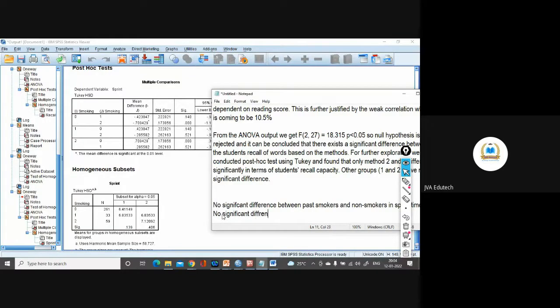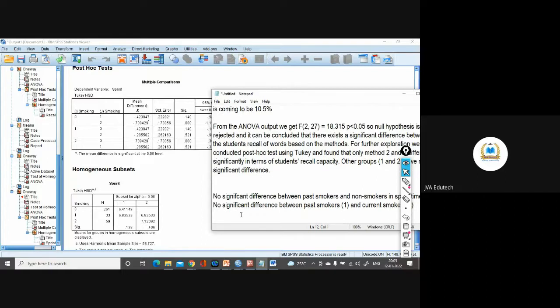Between past smokers, group 1, and current smokers. Only significant difference lies where? Between non-smokers and current smokers.